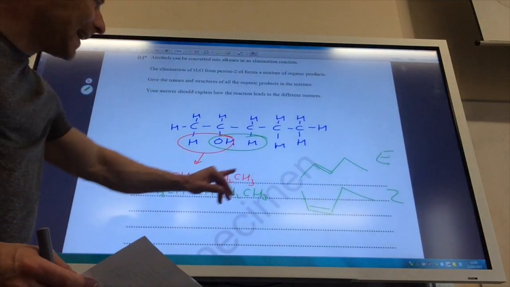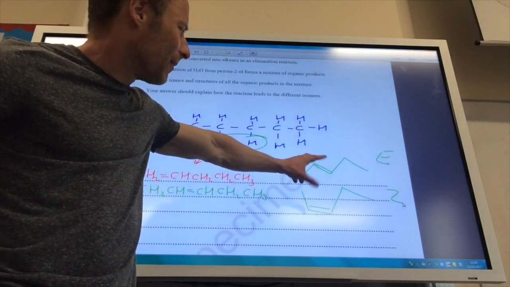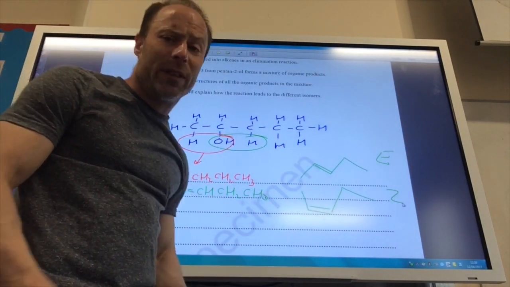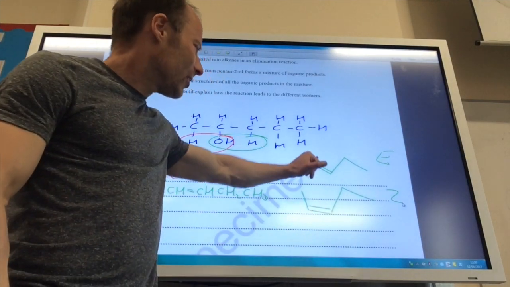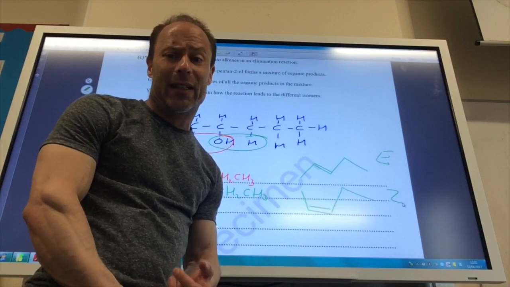And then why do I get these two isomers? It's because you cannot have rotation around the carbon-carbon double bond, and for these two isomers I have different groups attached to each carbon in the carbon-carbon